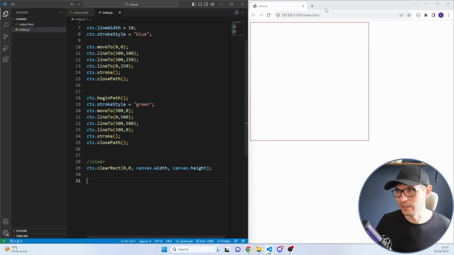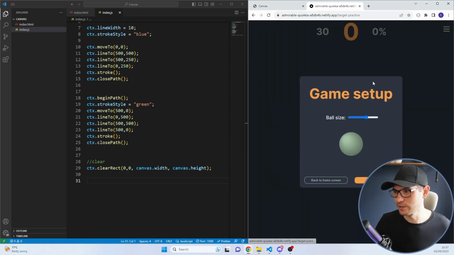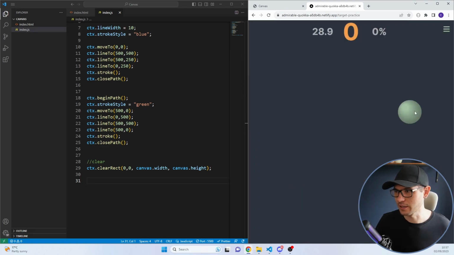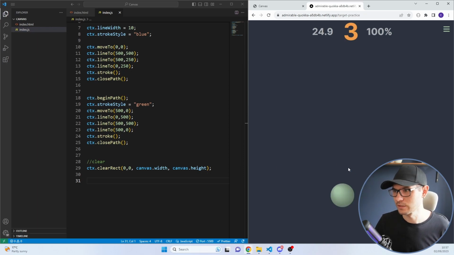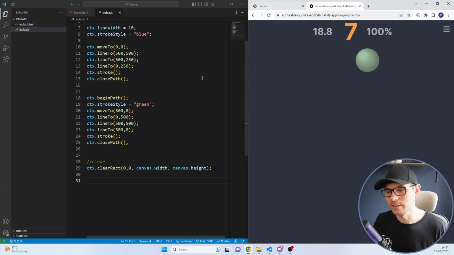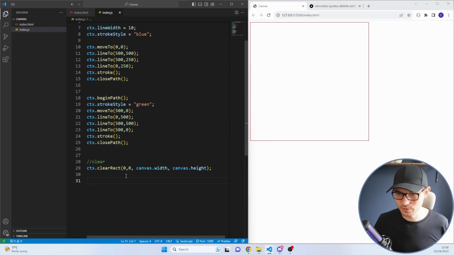So if I was to give an example, in my aim trainer 1, every time I click the ball here, I'm actually clearing the canvas and redrawing the ball in a random location. That's just a little example of why you might do that. I do it in a function, because otherwise the same ball would appear and I would just be drawing new balls. So let's draw a rectangle first,